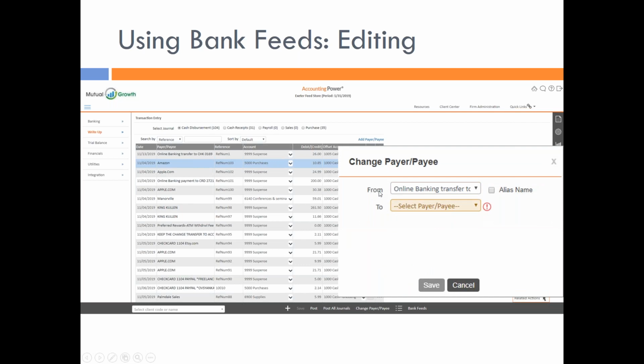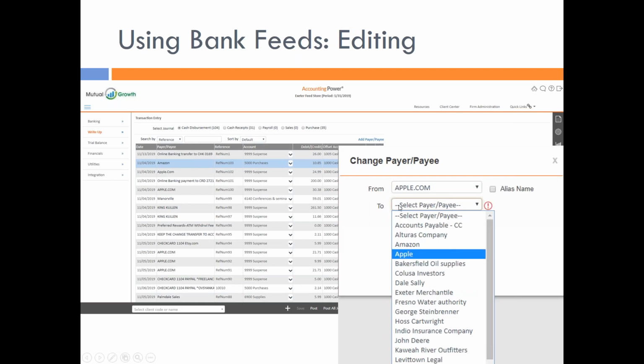And under the From, every single unique payer that's in this list will be on that drop down. So, I mean, in my case, I didn't go down all the way through all of them, but every unique one would be there. So if you wanted to assign all of them, you would see each one that is there that you could change the payee. So in my case, I want to change apple.com